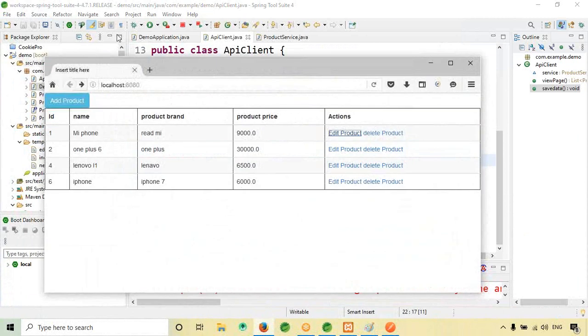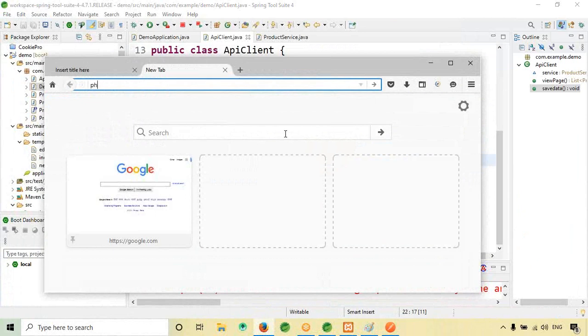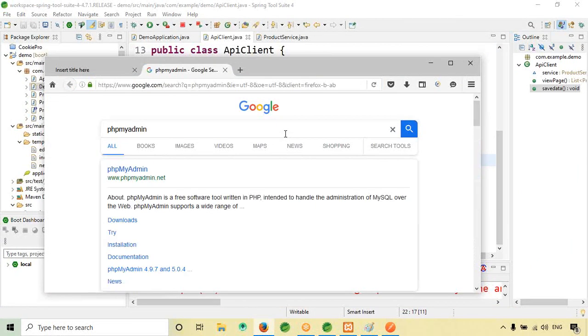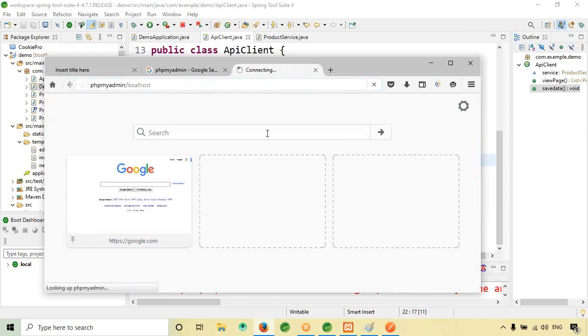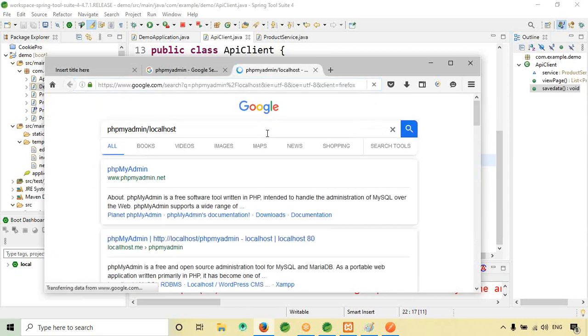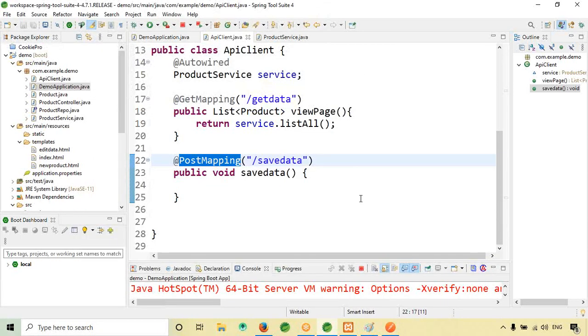Okay, so phpMyAdmin, localhost. Anyway, here save data is the right place.